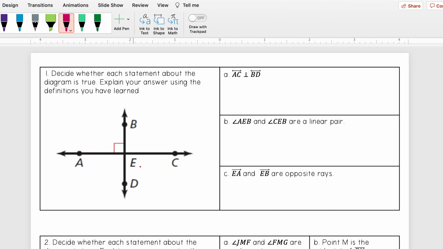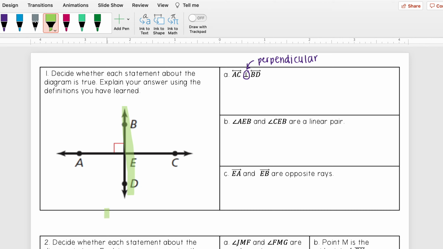Okay, looking at number 1, I want to decide whether each of these three statements are true about this diagram. And then we're going to explain our answer using the definitions we have learned. So I see for part A that it has AC is perpendicular to BD. So again, remember that symbol right here, that means perpendicular. So I'm looking to see if these lines intersect at a 90-degree angle. And so I see that BD,